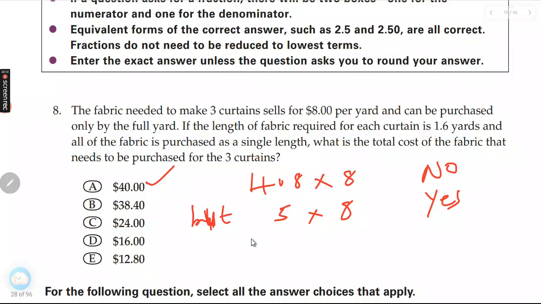It's when you read. One of the most important skills you need to pass GRE or GMAT is the ability to read fast and understand exactly what the question is saying. Because here, almost everyone can do 5 times 8, but coming to the point and saying it's 5 times 8 that I'm going to do,